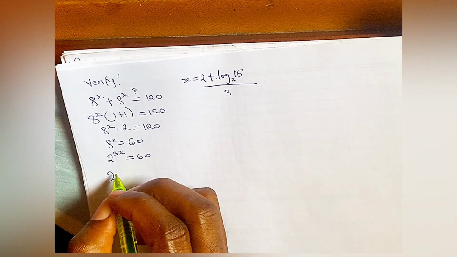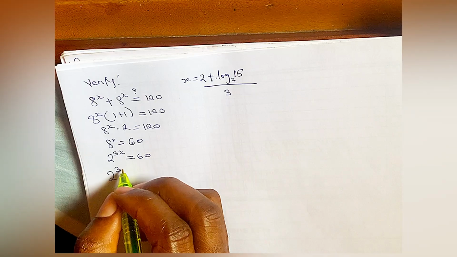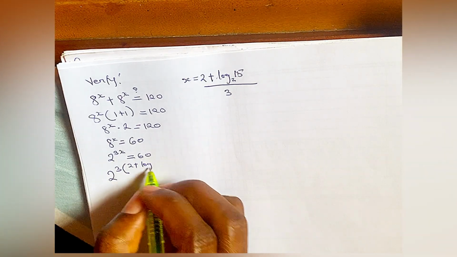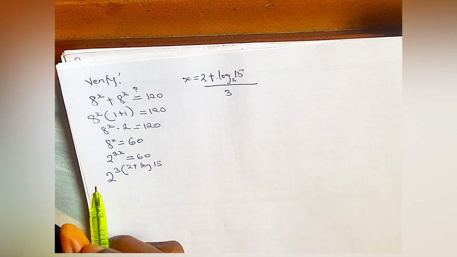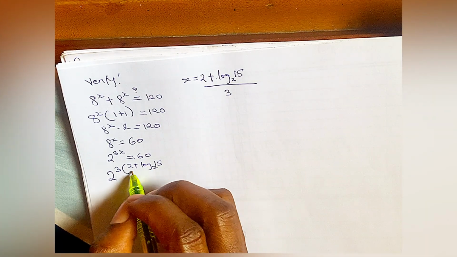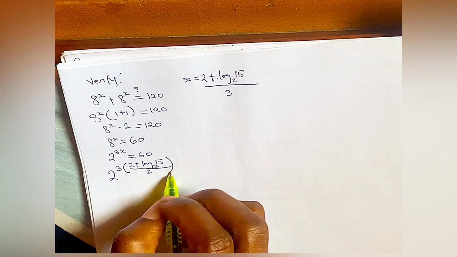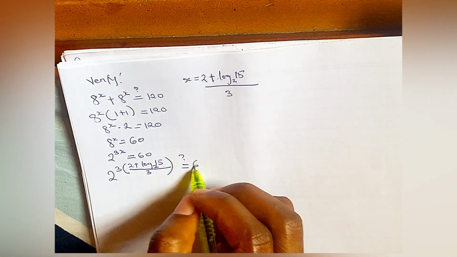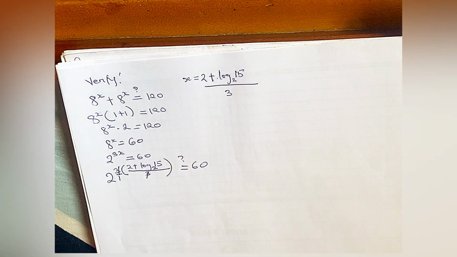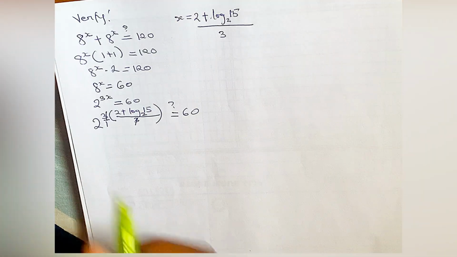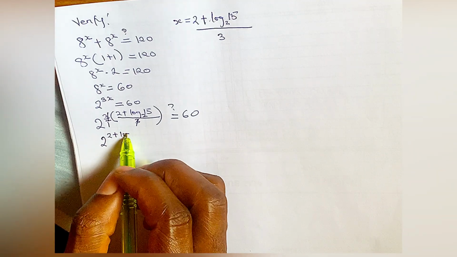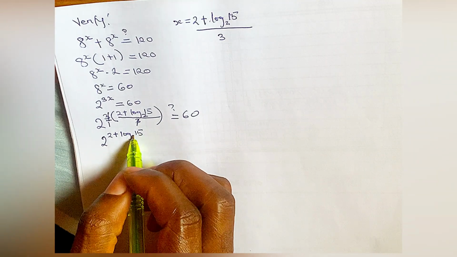So, we are plugging the value of our x in this place to know if the answer is actually correct. 2 to the power of 2 plus log 15 base 2 all over 3. Is it equal to 60? So this is over 1. 3 can cancel 3. So we have now that 2 to the power of 2 plus log 15 base 2